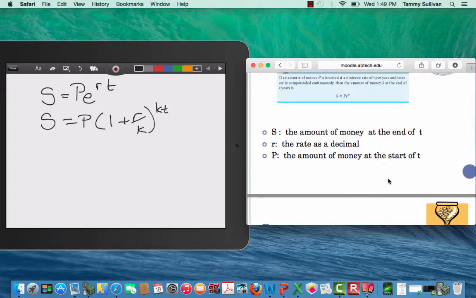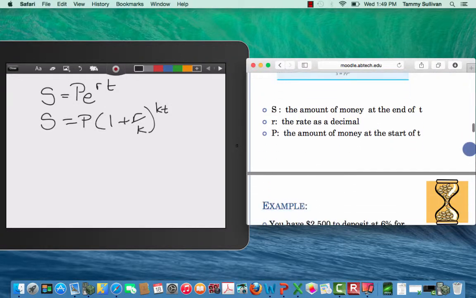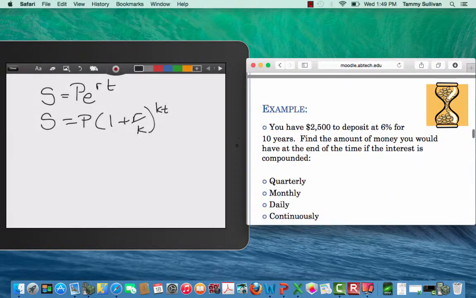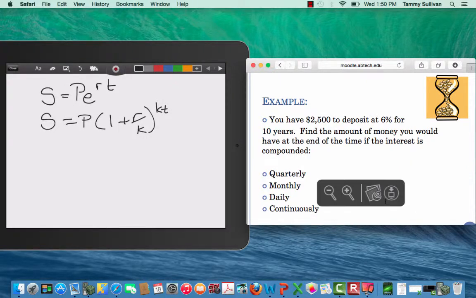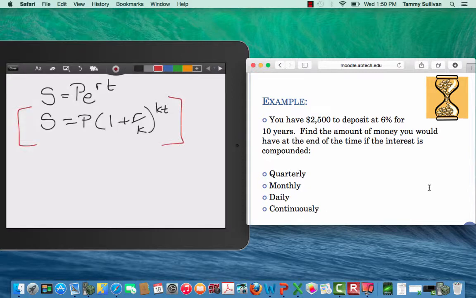So we've got an example here where we got a $2,500 deposit at 6% for 10 years. Find the amount of money that you would have at the end of the time when the interest is compounded quarterly, monthly, daily. So this formula right here is what we're going to use for quarterly, monthly,